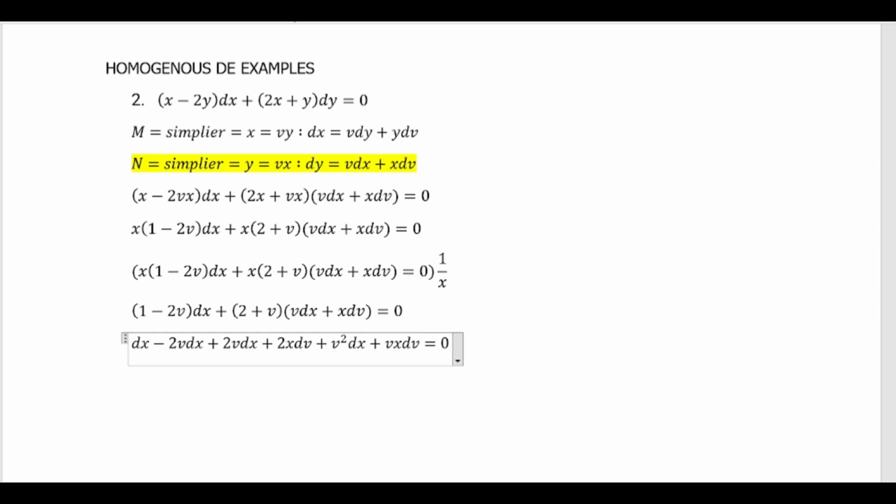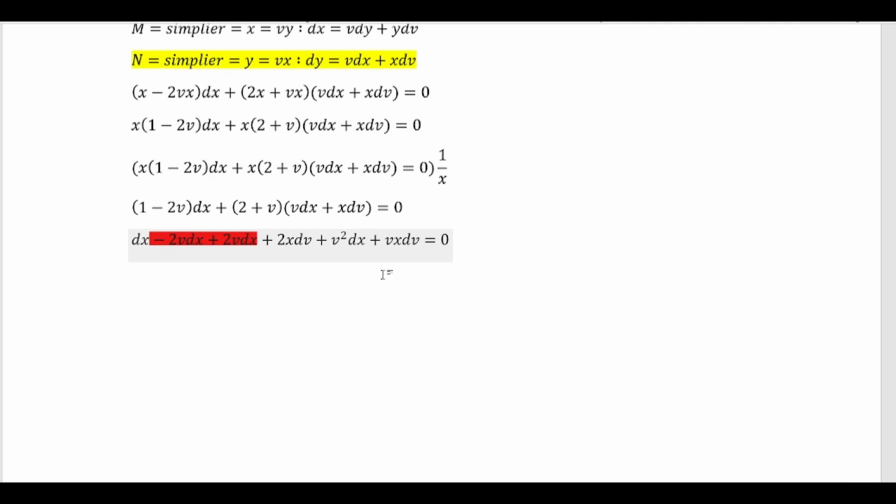Now, are there any like terms? Yes, apparently there is this one. So we can actually cancel this. Let's highlight that with red. We can cancel that out, so we'll be left with this one only. Copy that, and then we'll have this one. All the dx must be merged, while all the dv must be merged. So we can rewrite this one as,